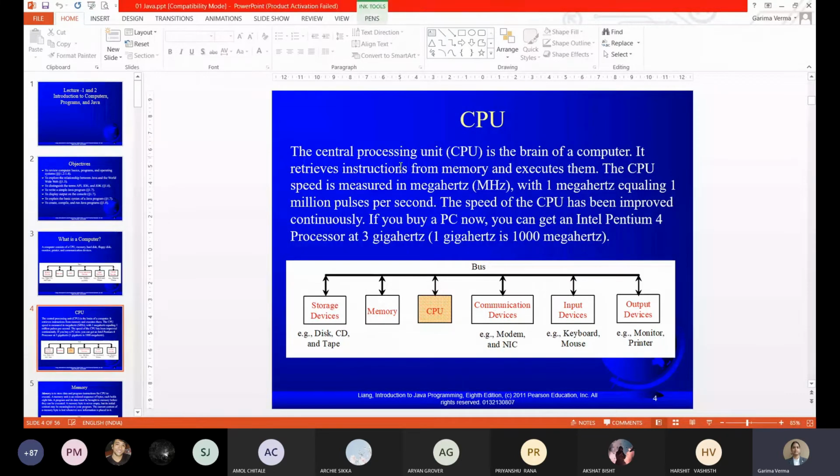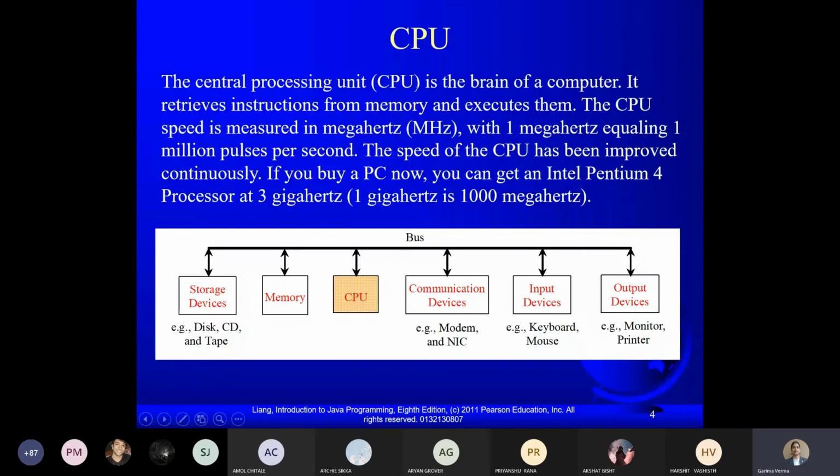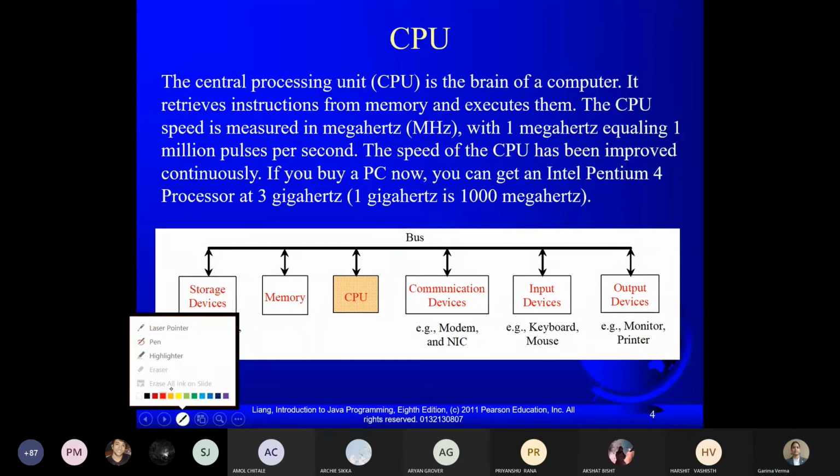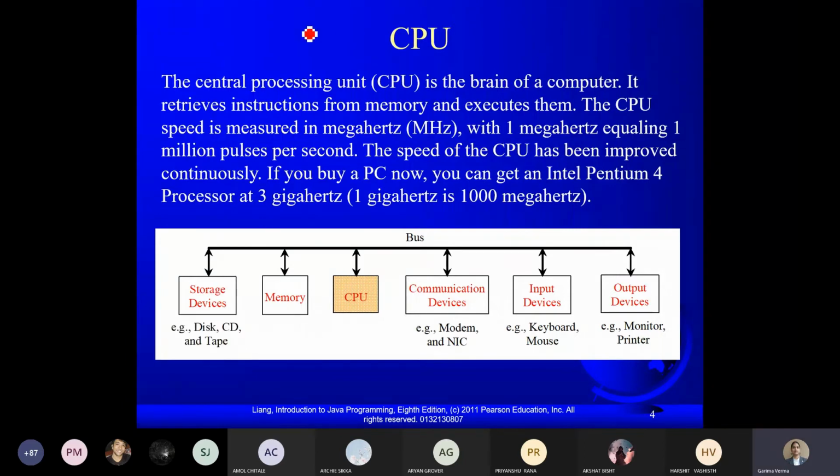So if I talk about the CPU, it is called Central Processing Unit, and it consists of 3 parts: ALU, CU, and MU. ALU is basically the arithmetic and logic unit, and it is responsible for performing the logical and arithmetic operations.